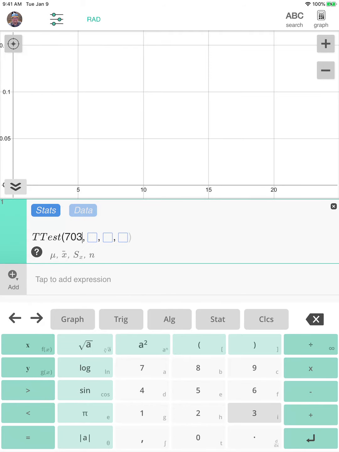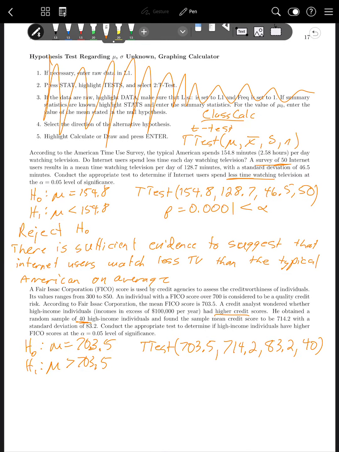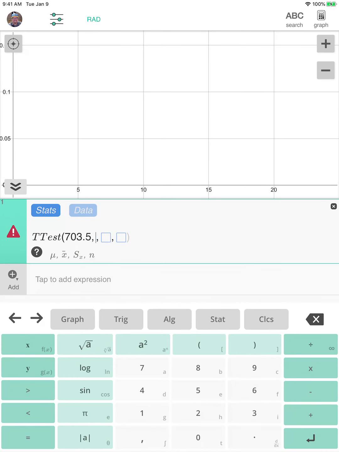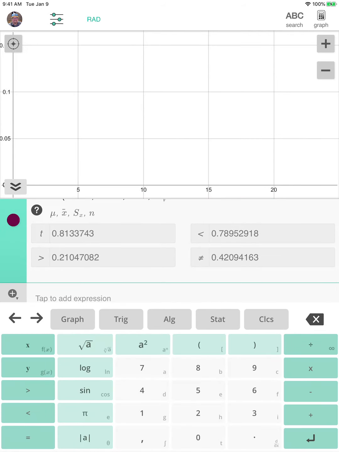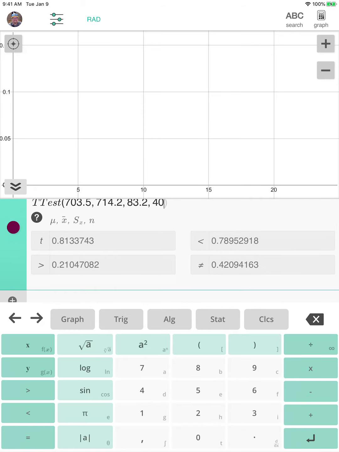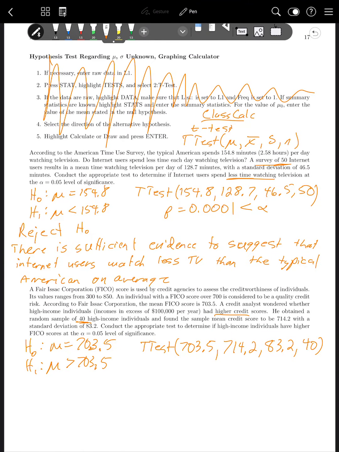So 703.5, comma, 714.2, 83.2, and 40. And so in this case, we're looking for greater than, so that's the one on the bottom left, so that's 0.2105. So P equals 0.2105. That is not less than alpha, so we do